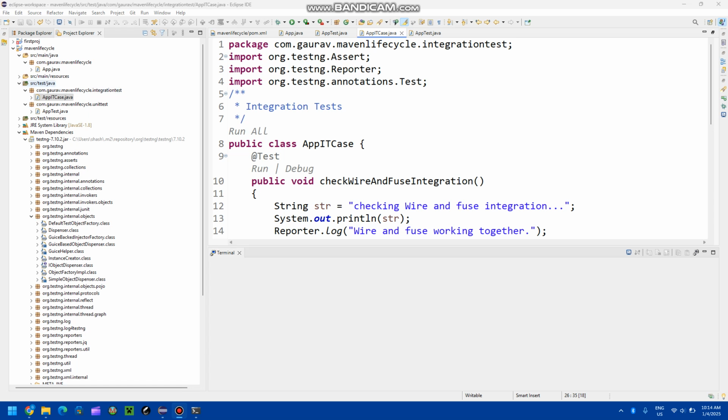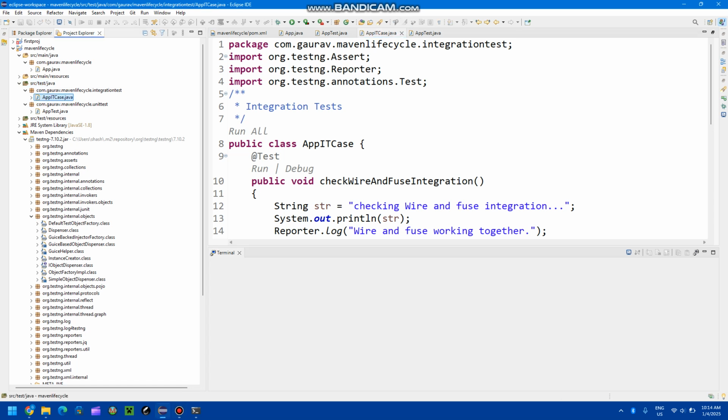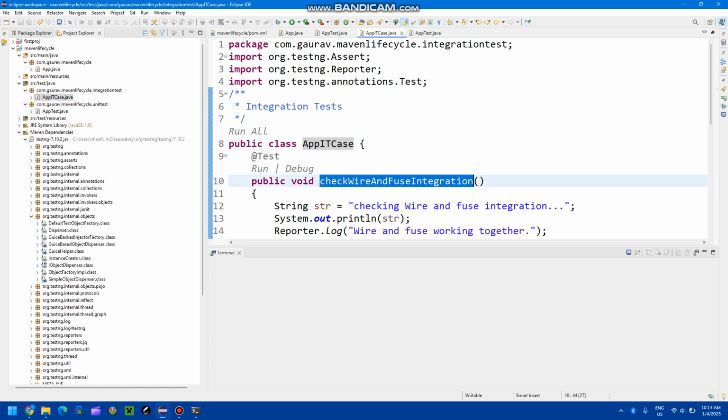It goes to src/test/java. It looks for all the classes whose name either ends with IT, starts with IT, or ends with ITCase. Such classes are integration test classes. In my case, AppITCase is an integration test class, and inside that I have three integration test cases: